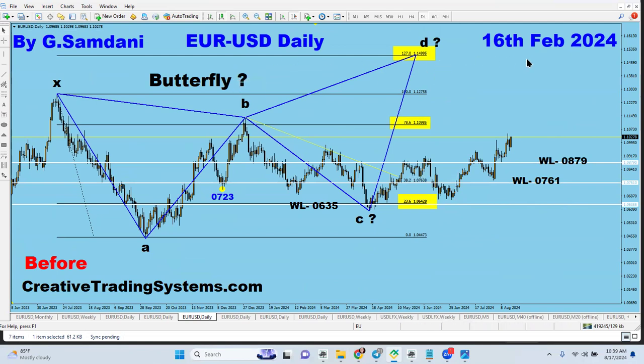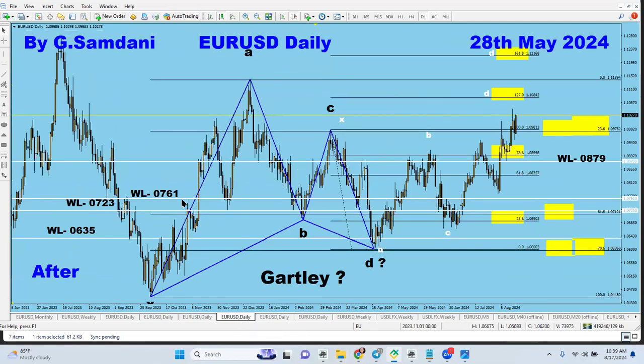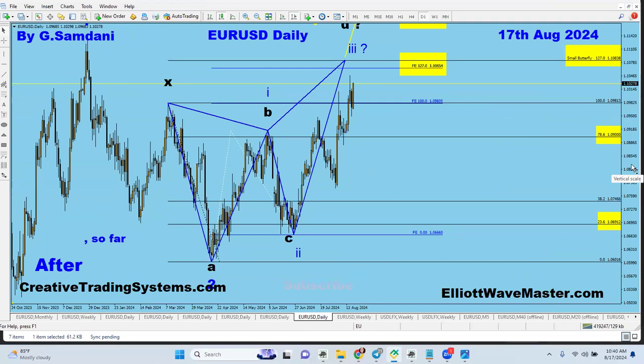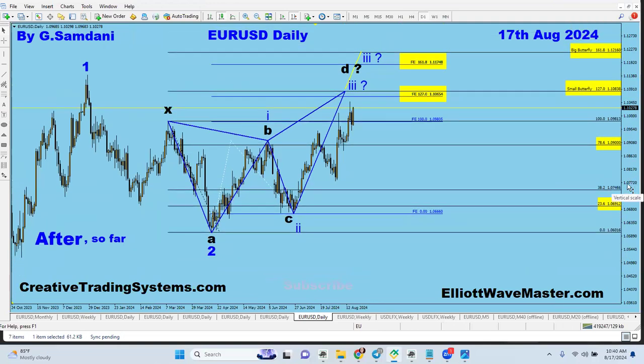Euro USD. And this chart I made in February, right? And then this is a Gartley pattern here. And then this is X, A, B, C, and D going into this area, which I just showed you also, right? And then this is another version, right? So I try to cover everything from different angles, different versions. There, what is cooking basically, as far as the Elliott wave calculation or harmonic pattern or Fibonacci calculation